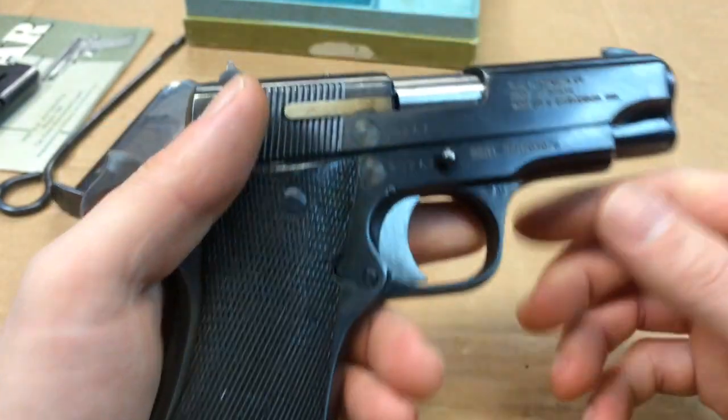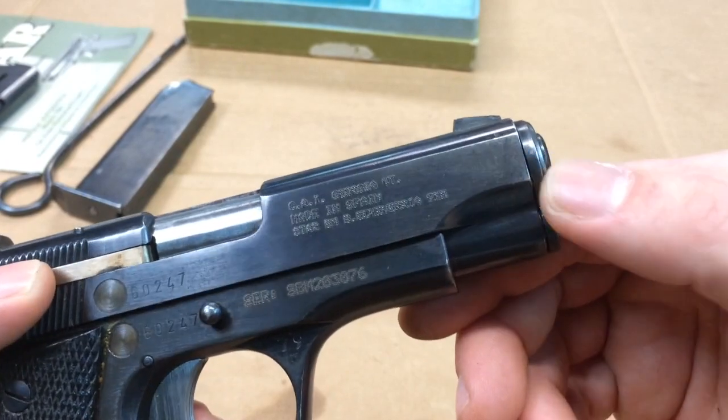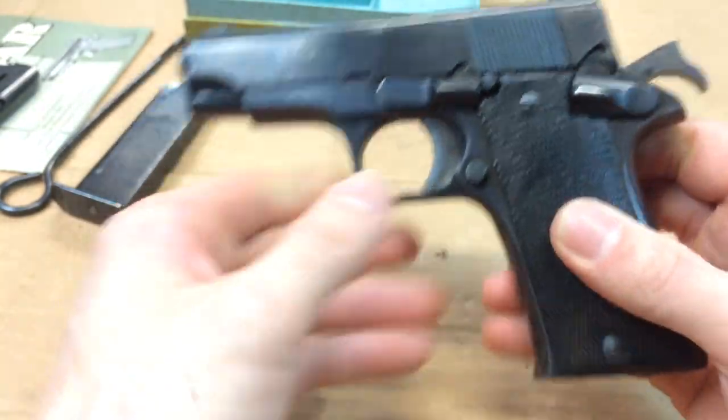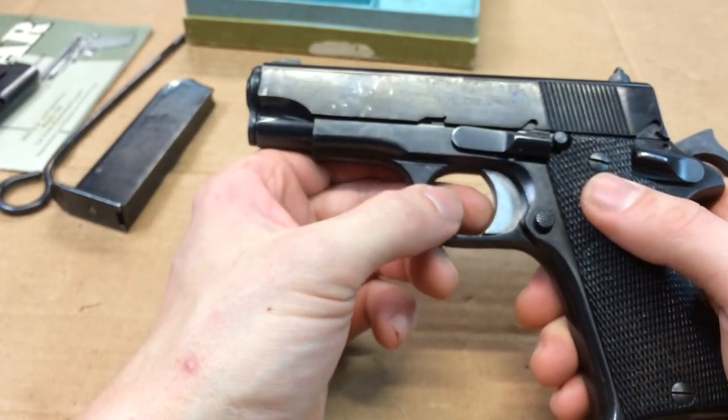And they do have hand selects, or they had hand selects. Who knows how fast they're going to go, but yeah, just a little bit of wearing on the bluing right there, and a little bit here on the other side. Yeah, for $180, I really don't see how you can go wrong. Anyhow, that's the Star Model BM pistol